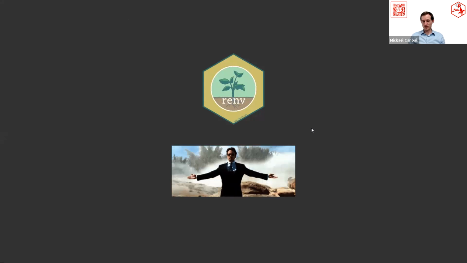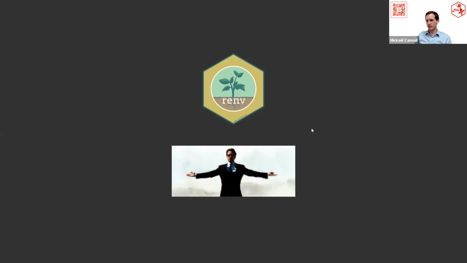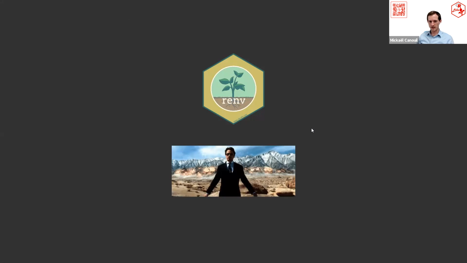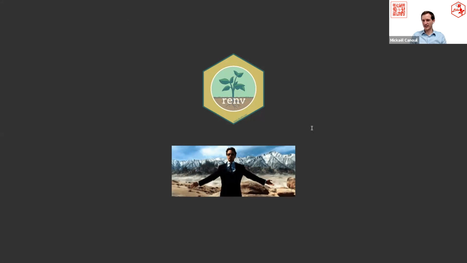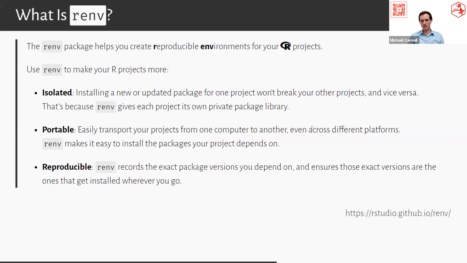And actually, it's possible. The first time I heard about this R package, which is called renv, I was just amazed. So renv basically helps you create a reproducible environment. It allows you to isolate your code as you isolate your libraries, including some system libraries.